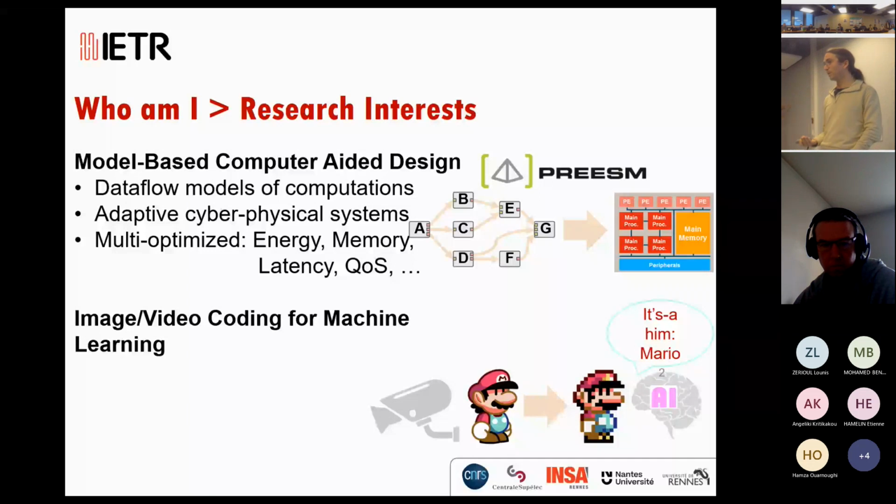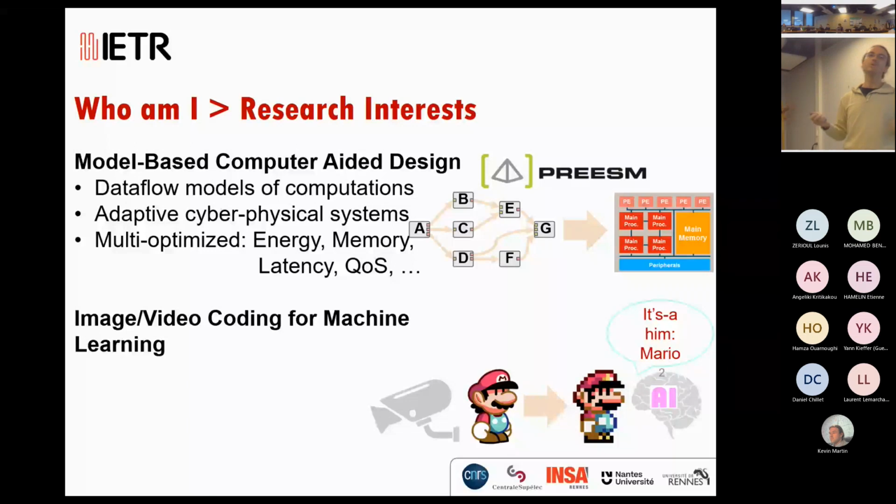This is an optimization problem also, because you have many things to optimize. You can optimize what's happening on the video coding side. You can optimize what you do in the transmission to try to minimize the energy footprint that you have for the transmission. And you can also optimize what you do on the artificial intelligence side. How well will it receive the image? Does it have to be retrained? Is it aware of the quality of the video it receives? So you have many things you can tune here and there, and it's a big optimization problem to solve. So this is interesting for me.